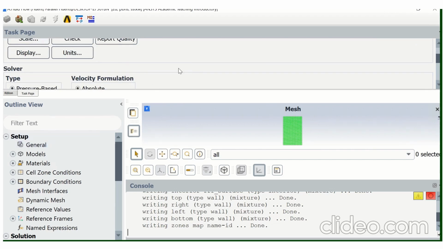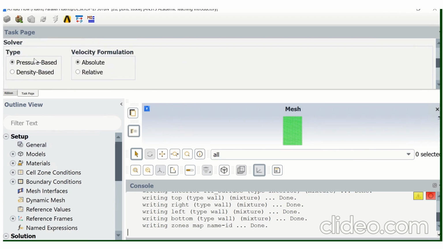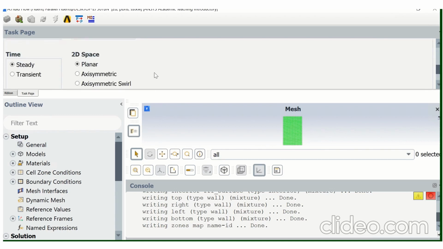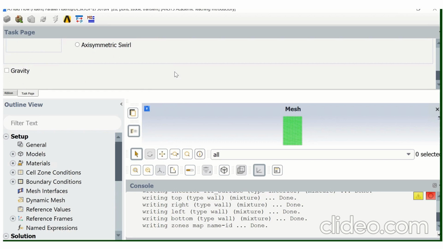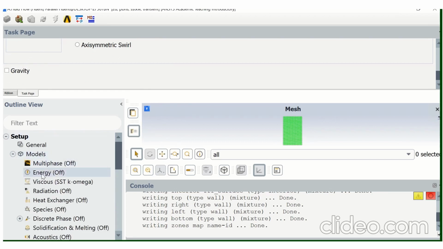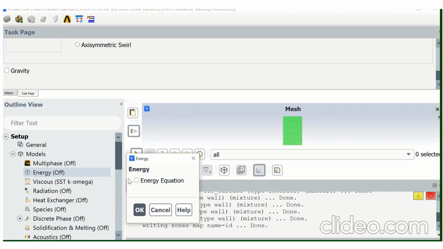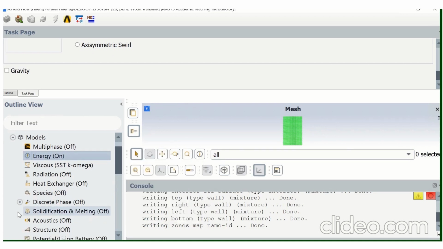It's by default in general. So you have to check for pressure-based, absolute, transient and planar. Once you're done with this, go to the model, go to energy, just click over here, tick mark on the energy equation, then press OK.